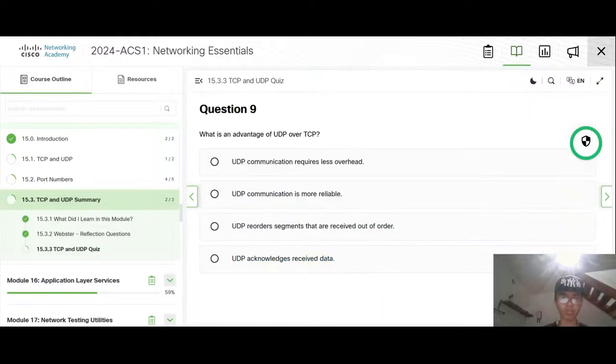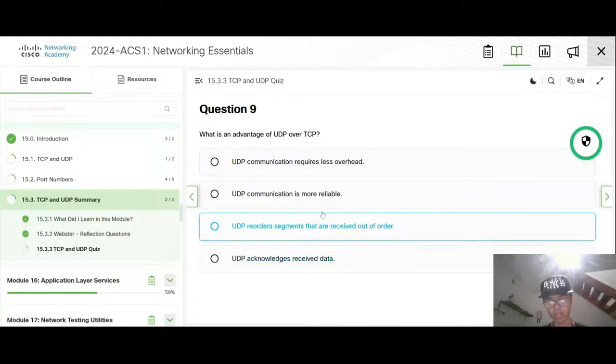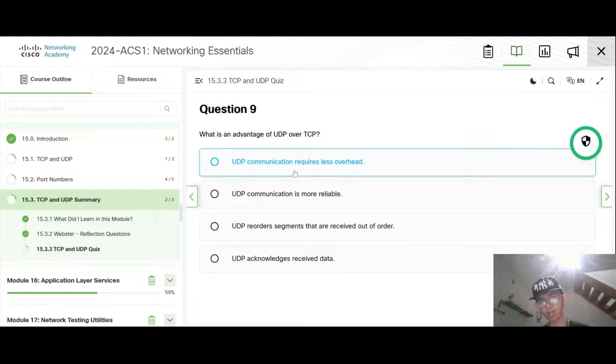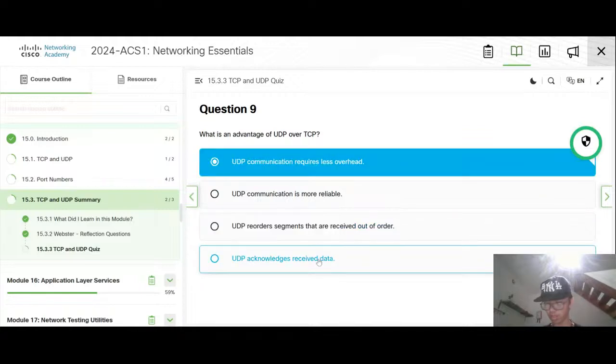What is the advantage? Now it's not as reliable as TCP. TCP is more... acknowledges, no, requires less overhead. Yeah, this one I think. Actually, maybe not really this.